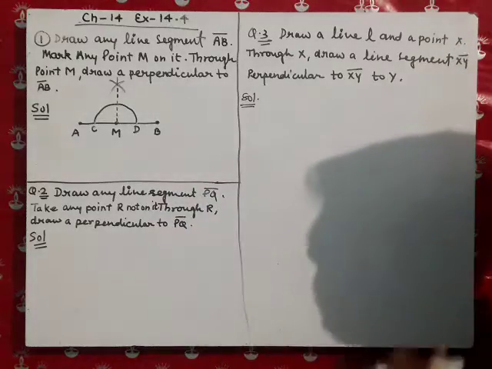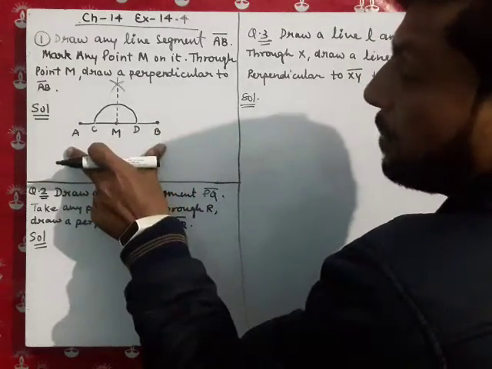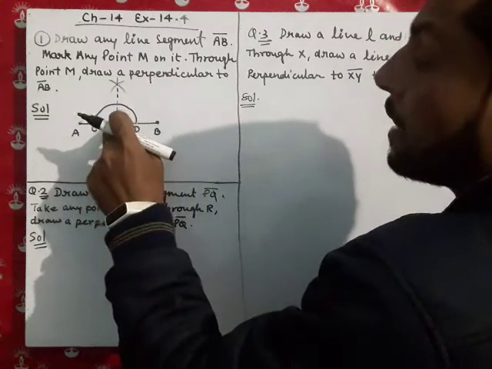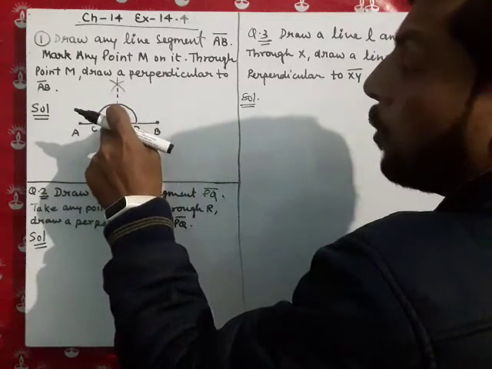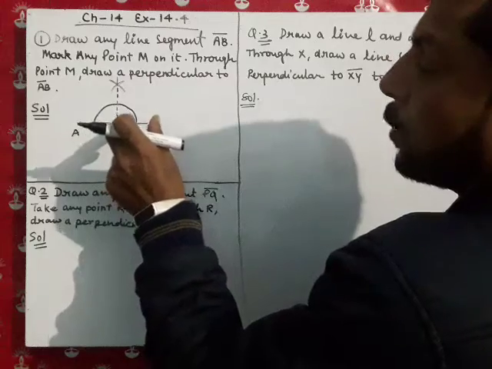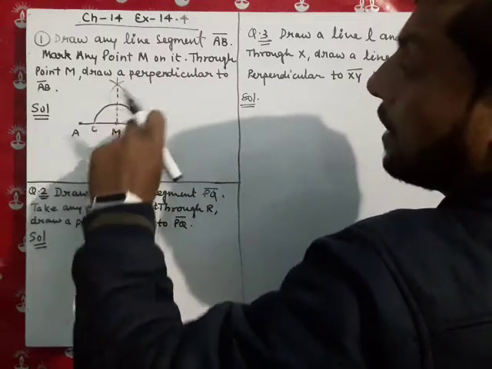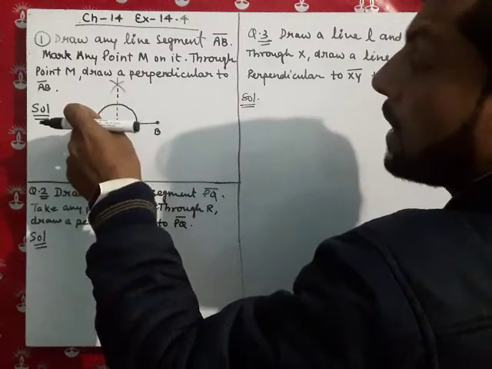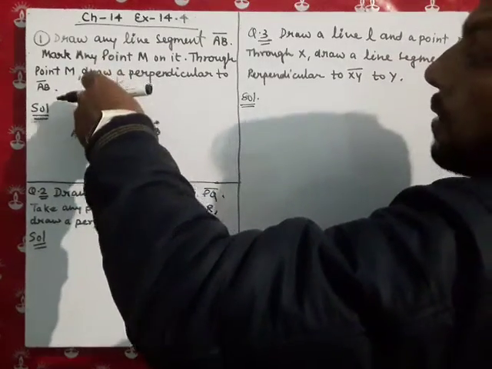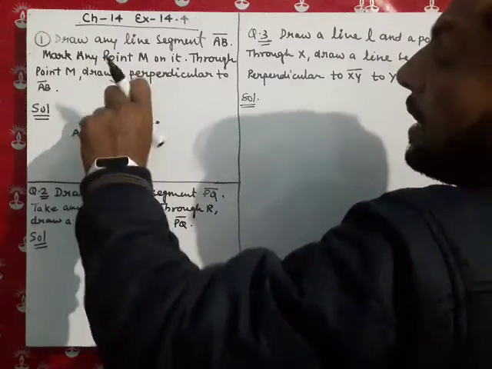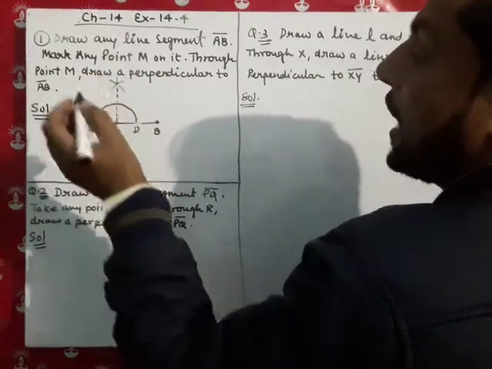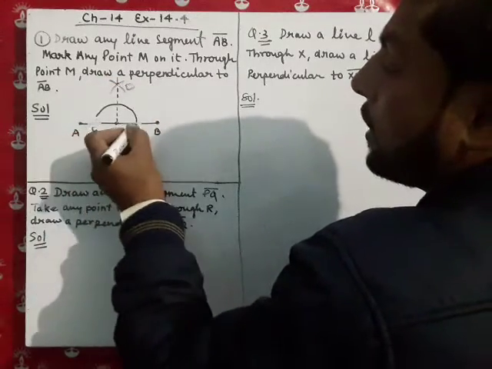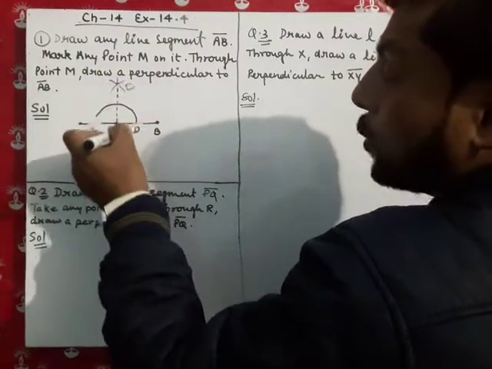I am again repeating the steps. First of all, you have to draw one line segment AB. Then you have to choose a point M on it. Then take M as a point, and you have to take some distance in your compass. Then you have to make this arc which is intersecting at C and D. Now you have to take some more distance and now mark two arcs from the C and D. They are intersecting each other at point O. Suppose that they are intersecting at point O. So by this you have to join the MO.